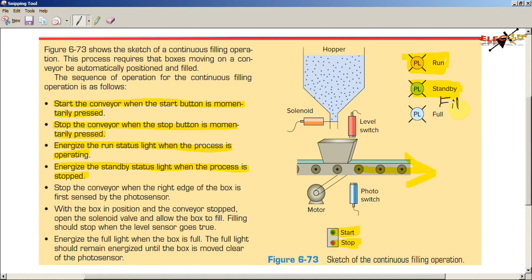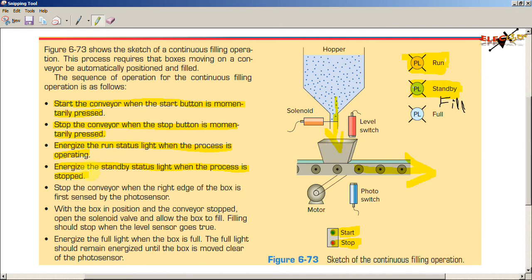So this fill will be used to indicate that the box is filling. While filling this item into this box, we will use this indicator lamp to be turned on, which indicates that the container is filling.